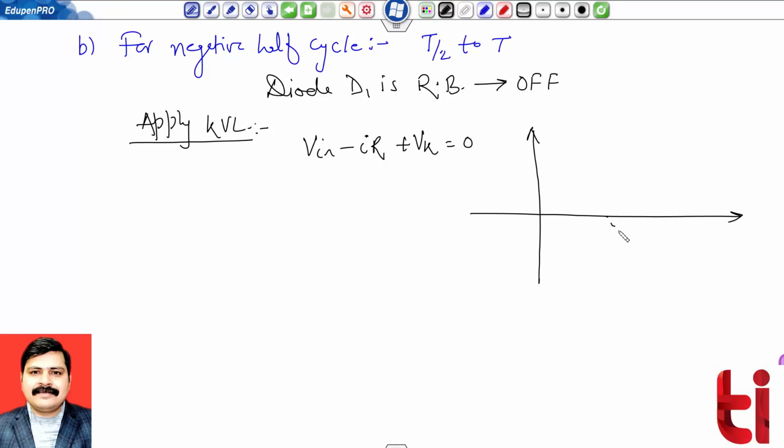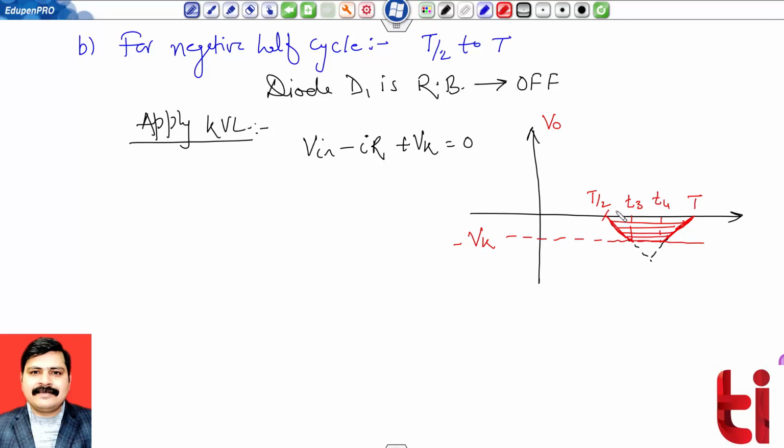Let me draw the dotted waveform first. With that dotted waveform, this is my reference level of Vk, in fact minus Vk. So now you can check this will be the output signal. Similar to T1 and T2, the two points of intersection, I will have two more points of intersection over here, T3 and T4. This is T by 2, this is T. The shaded region, this particular region, is my output voltage.